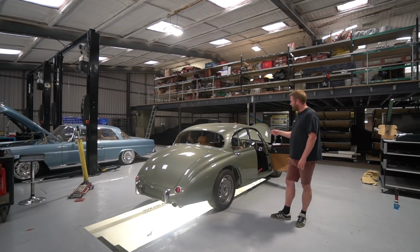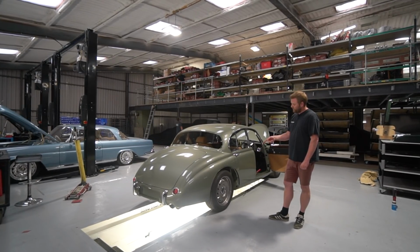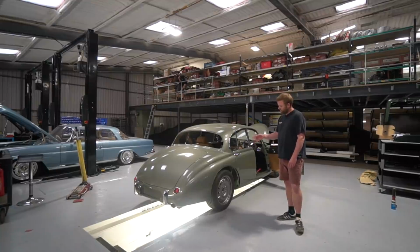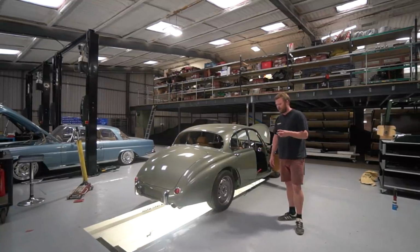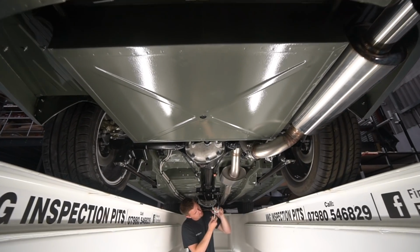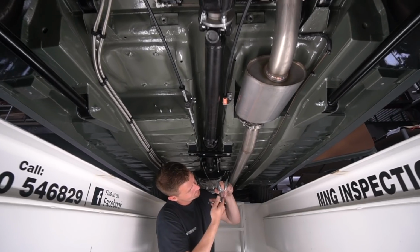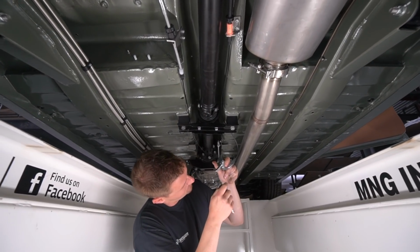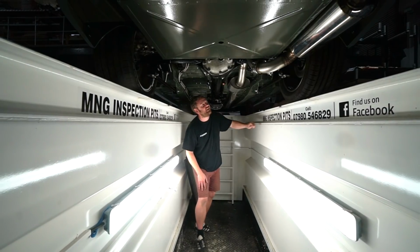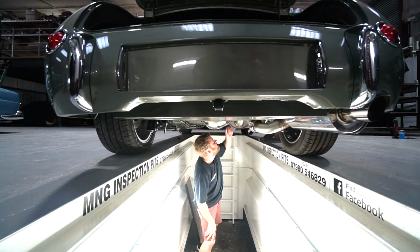Then he's been doing the handbrake. So if we rewind back a few months, we probably talked about the fact that we were changing the rear brake arrangement on these. If you're familiar with the original Jag rear brake assembly, it's a bit of a hodgepodge arrangement, particularly the handbrake caliper, which is a bit of a strange design, shall we say. We've gone with a sort of integrated handbrake caliper. It's actually a S14 Nissan 200SX caliper. We did all the bracketry for that ages ago. We just needed to finish the cable arrangement, so James has been making up the brackets underneath that hold the handbrake cable outers, and then making a little rose jointed linkage that then attaches that to the original crank on